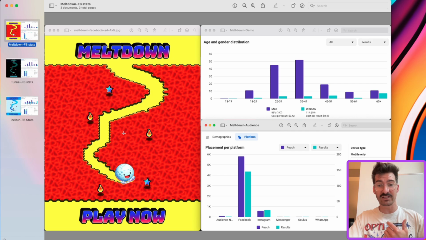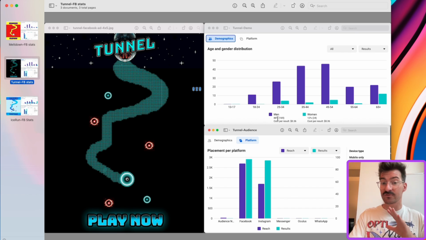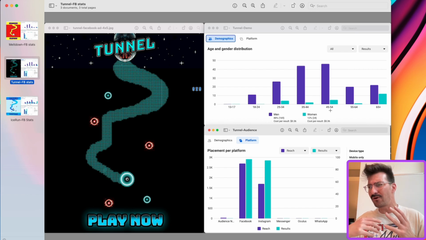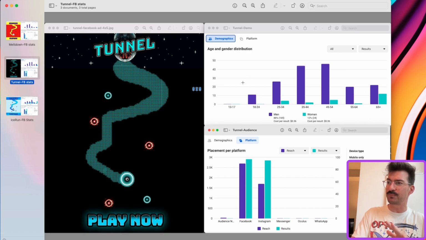If we jump onto Tunnel, which was our second performer on the Facebook click-throughs, here we've got a slight shift, very similar in terms of the male-female breakdown, 88% men, 12% women, but skewing slightly older. We've got a 35 to 55 demographic here who's really the linchpin. And that kind of makes sense, right? This mock-up's got a little bit more of a retro feel, might appeal to some of our older gamers who are looking for that nostalgia, something that looks familiar. But really great to see, again, a pretty targeted response with a nice bell curve here, a little bit on the younger and older sides.